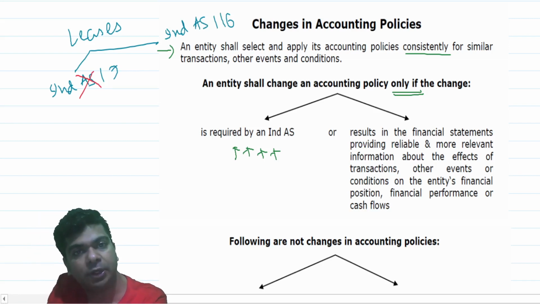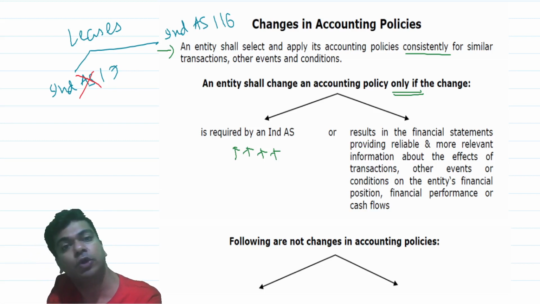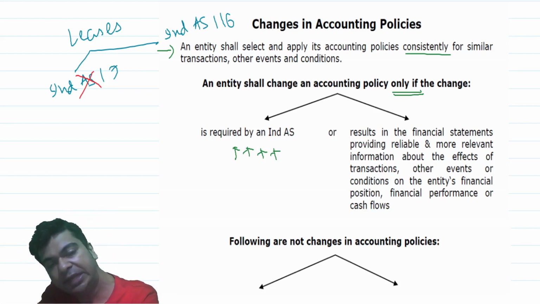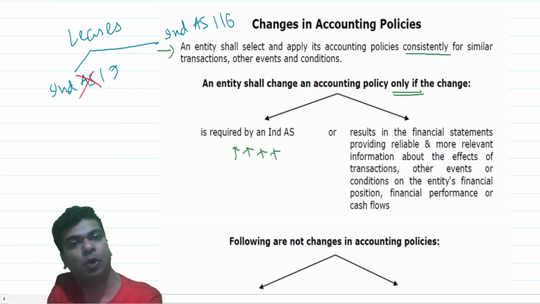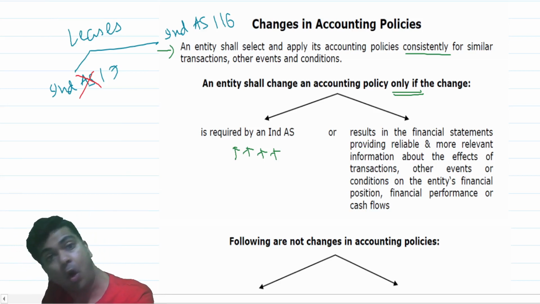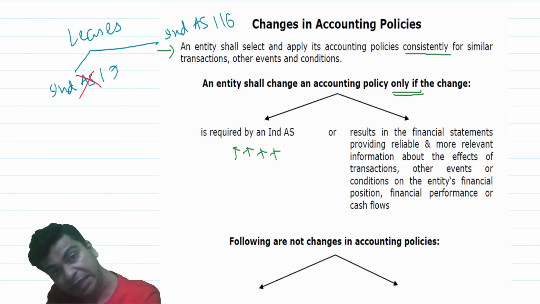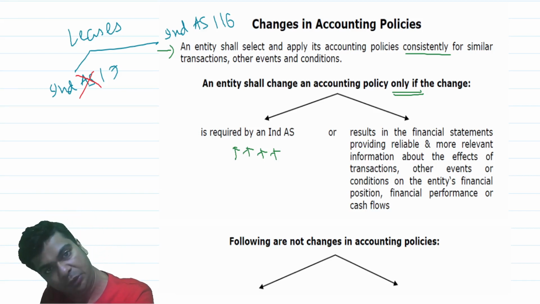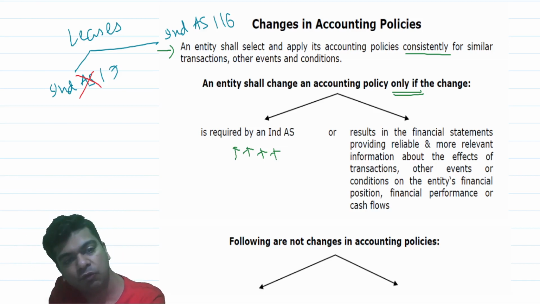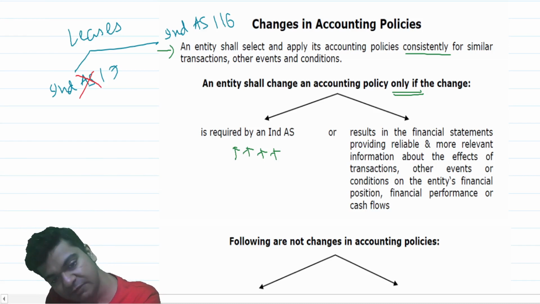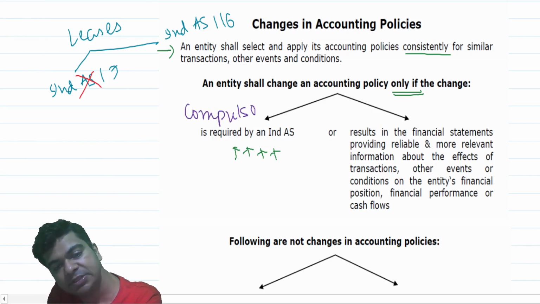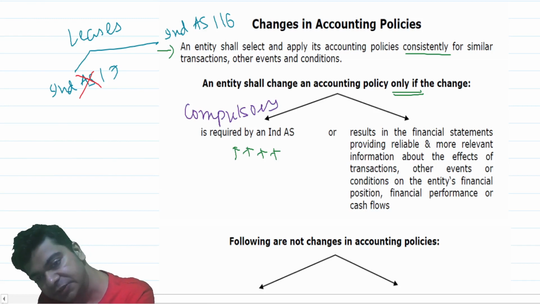You must be following a particular accounting policy as per Ind AS 17 for your lease transaction. But now a new Ind AS 116 is introduced. You'll have to now transit from Ind AS 17 to Ind AS 116. The change in the accounting policy is required by the Ind AS itself. Or you might be following a particular Ind AS, and that Ind AS gets revised and a new accounting policy is introduced. You will have to change the accounting policy. If a change is required by an Ind AS, you have to follow the Ind AS. You can even call this as compulsory change in your accounting policy.